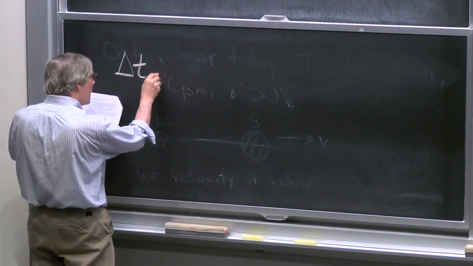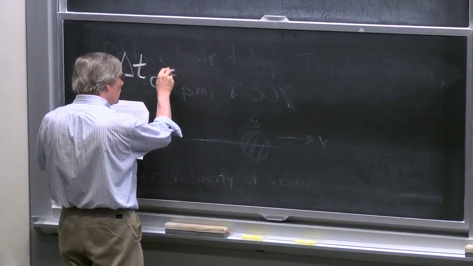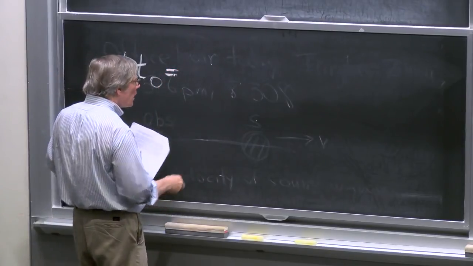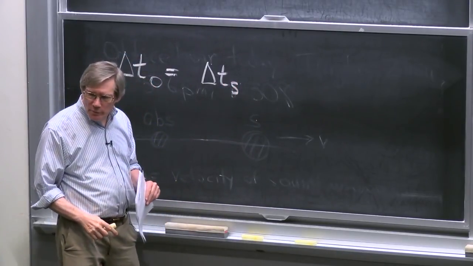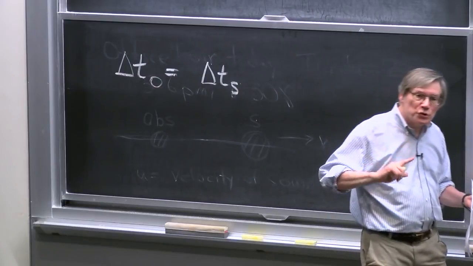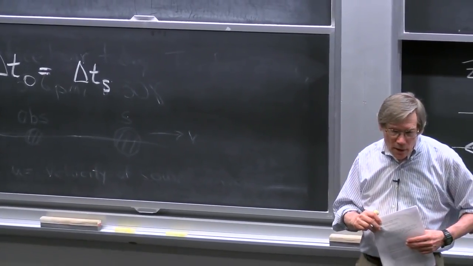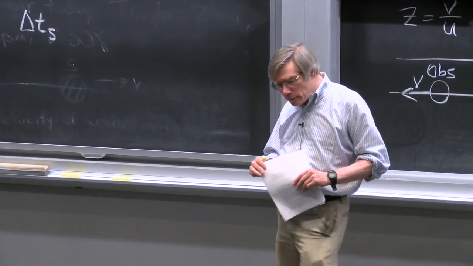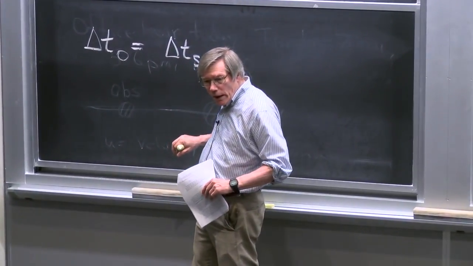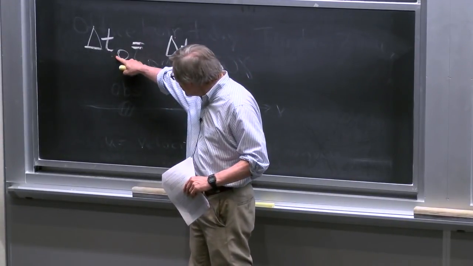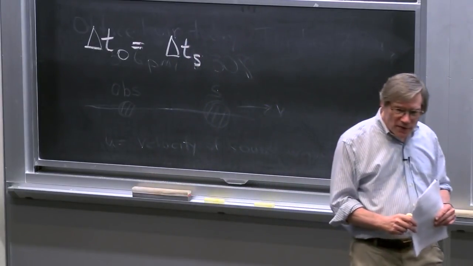So the time interval as seen by the observer will be equal to, last time we just had delta t sub s as our first term, which would be what it would be if there was no velocity. And that's still true if there was no velocity. But if the clock is going to be running slowly by a factor of gamma, that would mean that the time interval that we would measure, even if there was no change in path length, which will be the next term, would be different from the time interval as measured by the source by a factor of gamma.